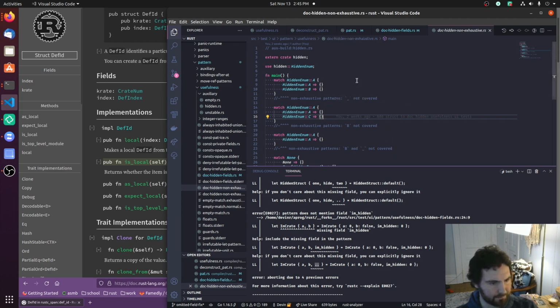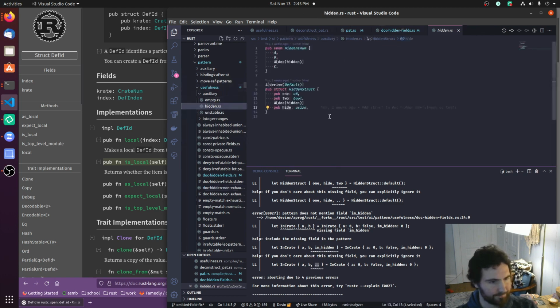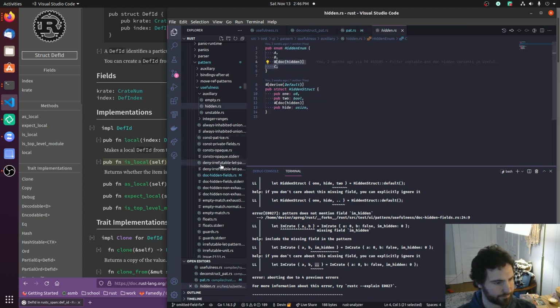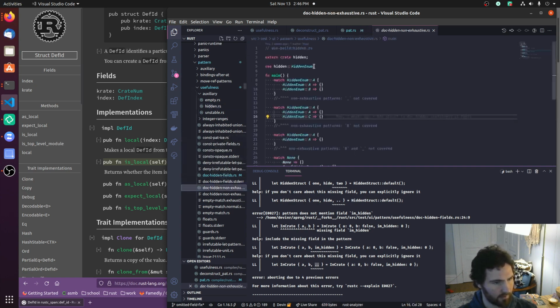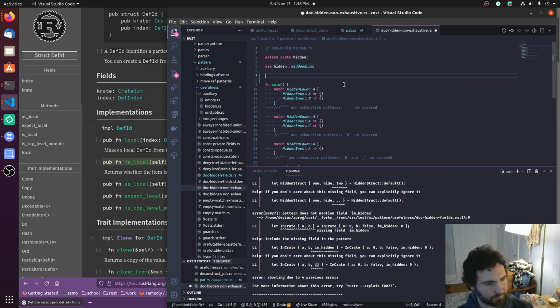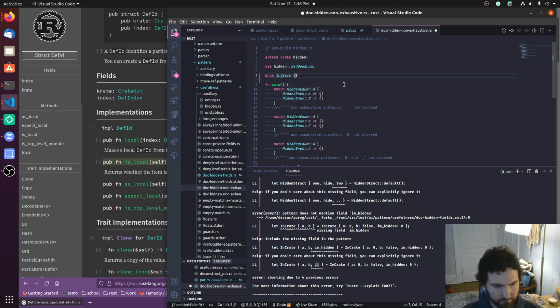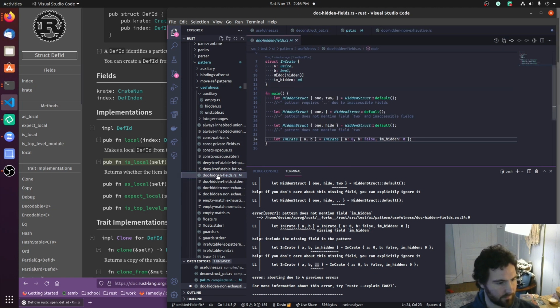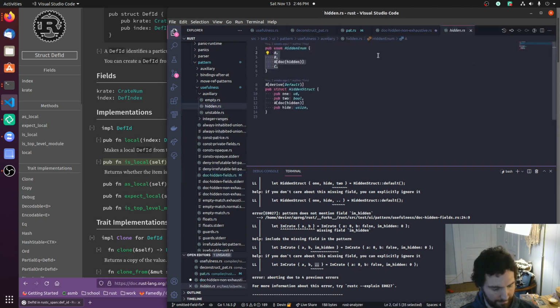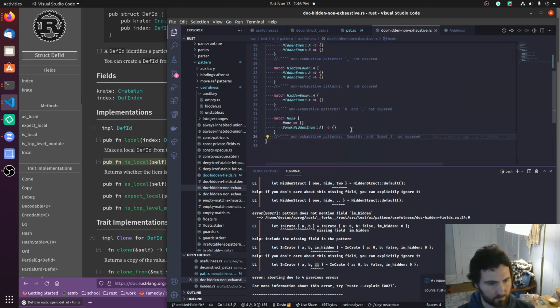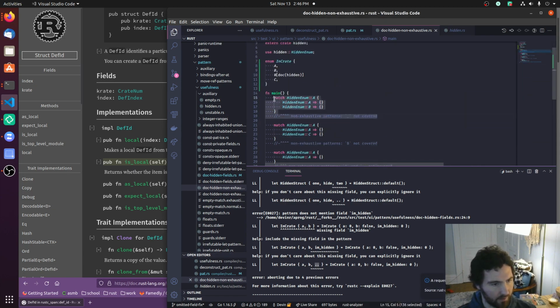So, if we look at the type again. C. So, oh, right. Okay, not what we're doing. We're doing this. Doc hidden. So we want to make an enum. It has a. Actually, you know what? Let's just do this, since I'm kind of a slow typer. And